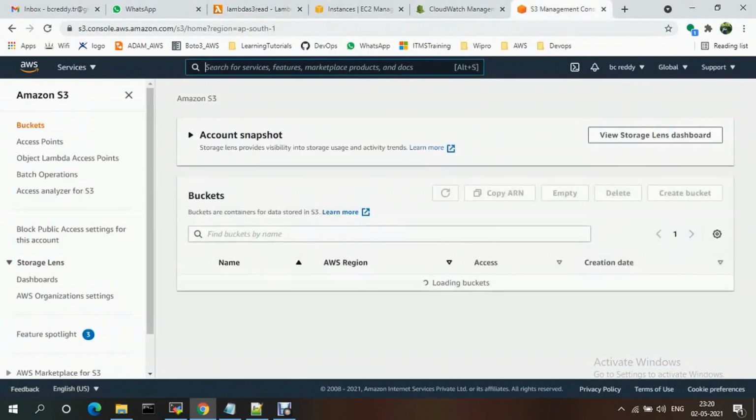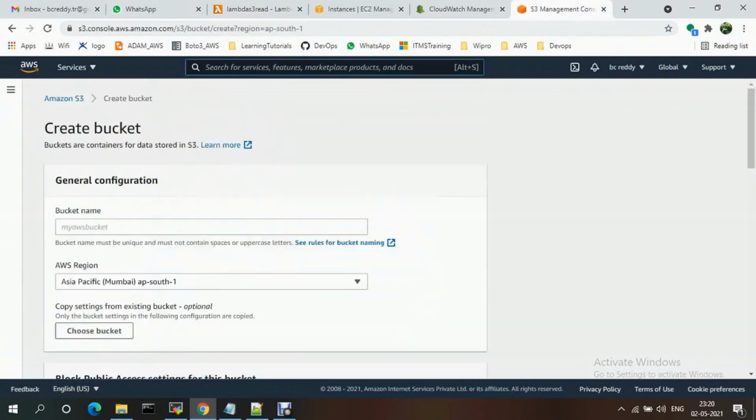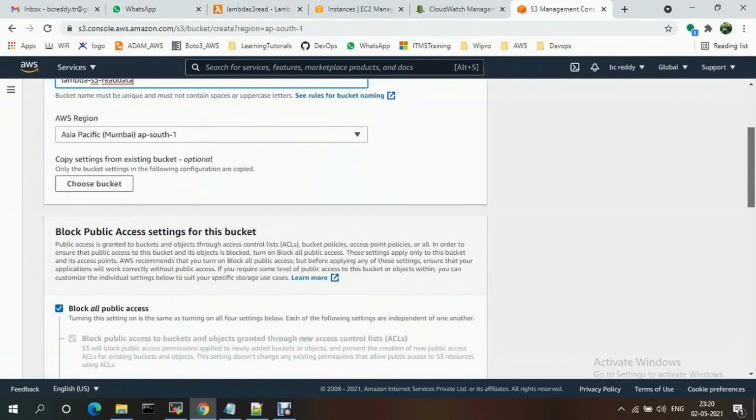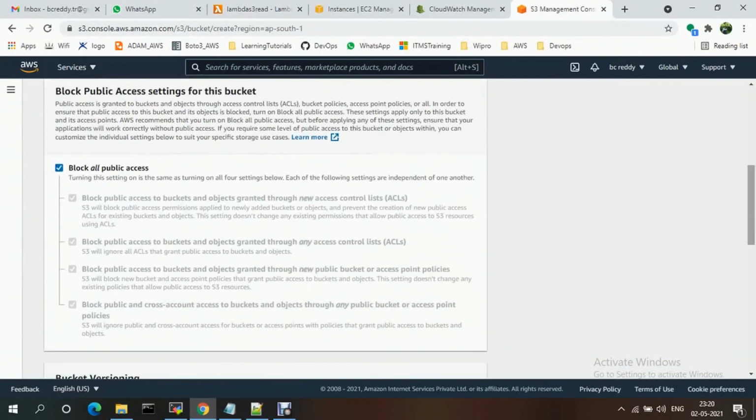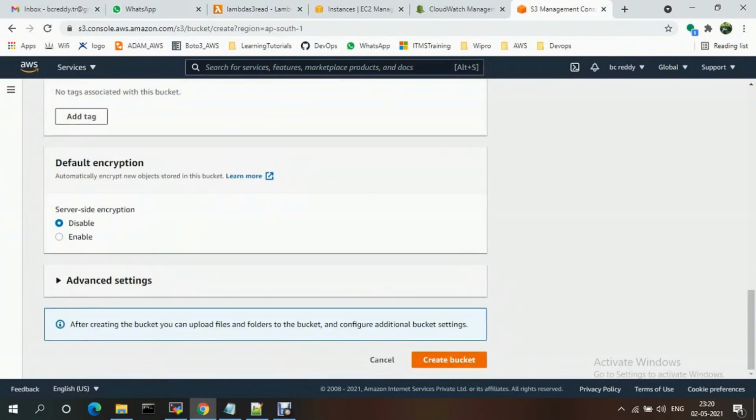For that, let me create a bucket. My bucket name is something like Lambda S3 read data. My region is Asia Pacific, and I'm blocking all public access. I'm just creating the bucket.